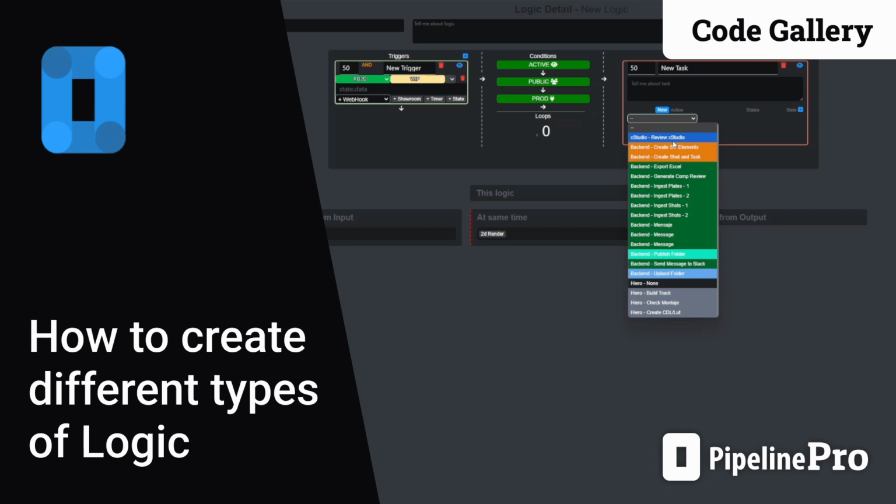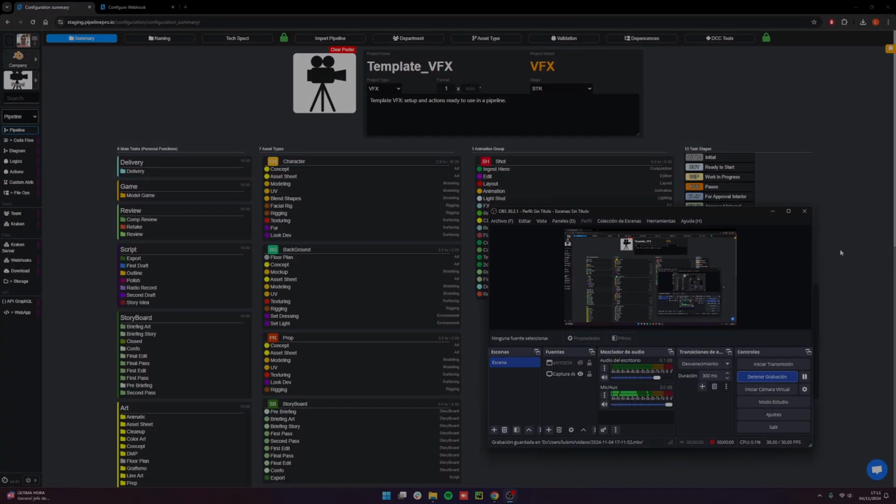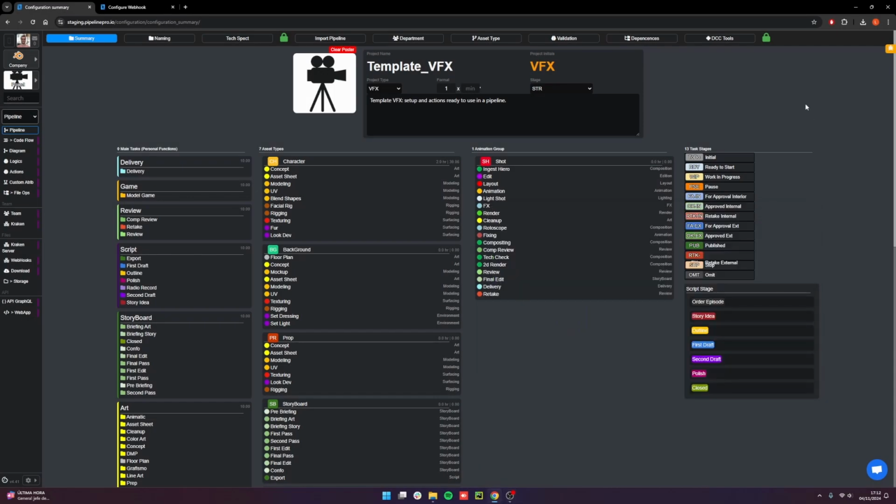Hello, everyone! In this tutorial, we'll explore how to set up logic in our pipeline and review the different types available. Let's get started. To create a new logic, head over to the Pipeline Overview and click on the Logics